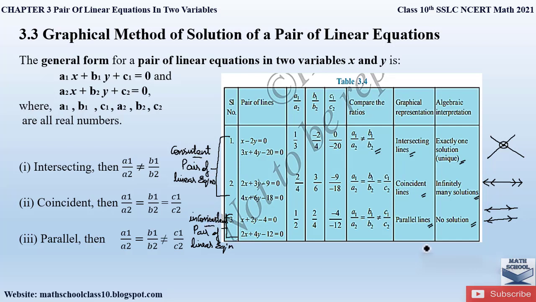There are three major ways in which they can ask you the question. They'll ask you to find out whether the lines are intersecting, coincident or parallel. Second option is they'll ask you to find out whether the given pair of linear equations has exactly one solution, infinitely many solutions or no solution. And the third possibility is they can ask you for a consistent pair of linear equations and an inconsistent pair of linear equations. In all these three conditions, you have to find out the ratios first. Only when you find out the ratios, then you will know whether the lines are intersecting, coincident or parallel, or they have unique, infinite or no solution, or whether they are consistent or inconsistent. So the answer for all this is you have to compare the ratios correctly.